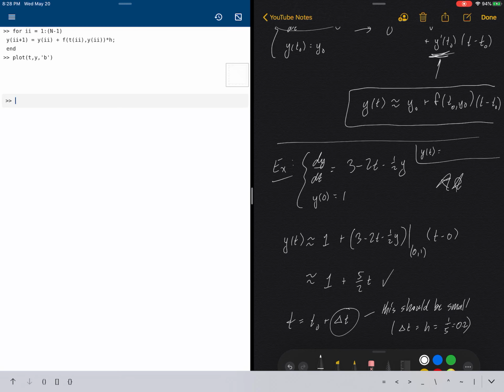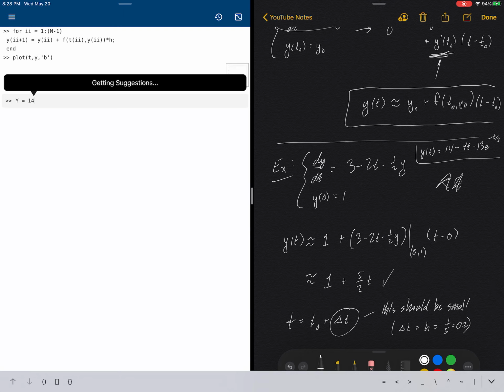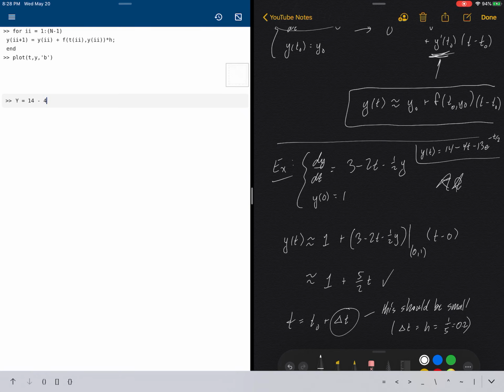And we know how to solve this one. We actually can solve this. I believe you have to use first order linear, so you have to use an integrating factor. But when you do, you wind up with 14 minus 4t. Is that plus? No, it's minus 13e to the minus t over 2. Go ahead and verify that on your own, but let me show you what this looks like in the